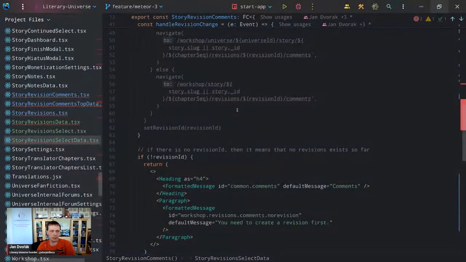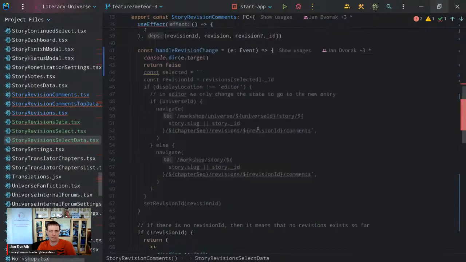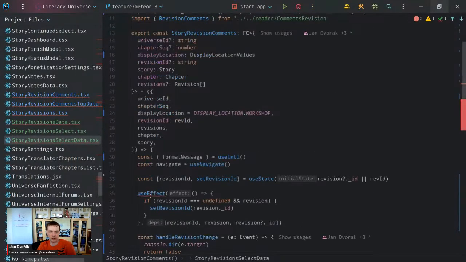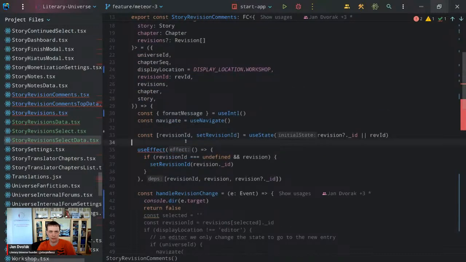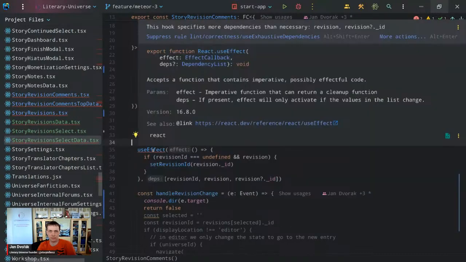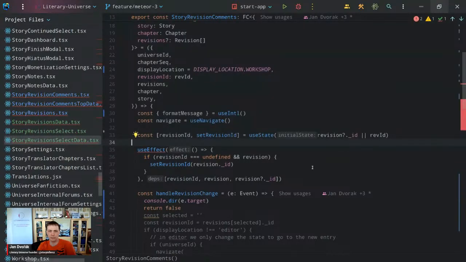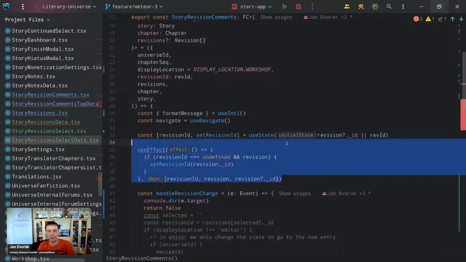Why I'm not seeing the... why is it not highlighting what it should be highlighting? Revision ID. This also doesn't look necessary. Okay, let's